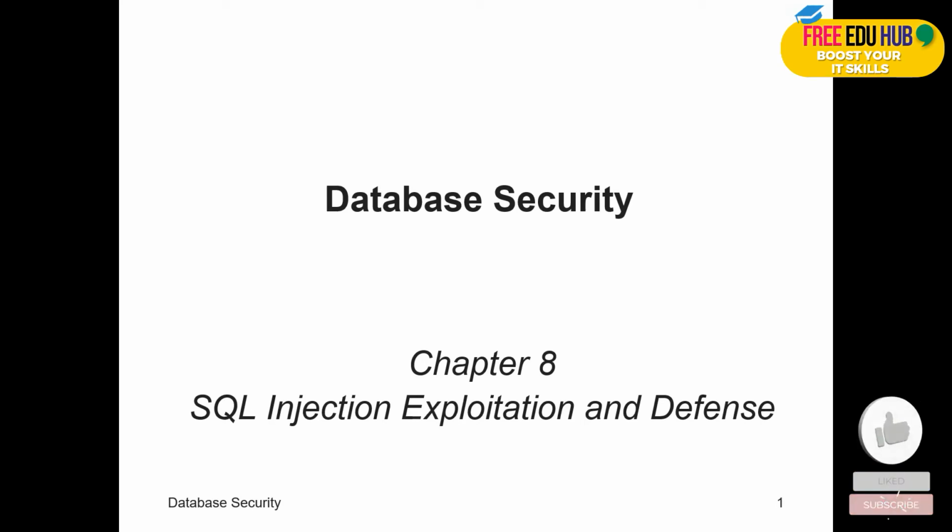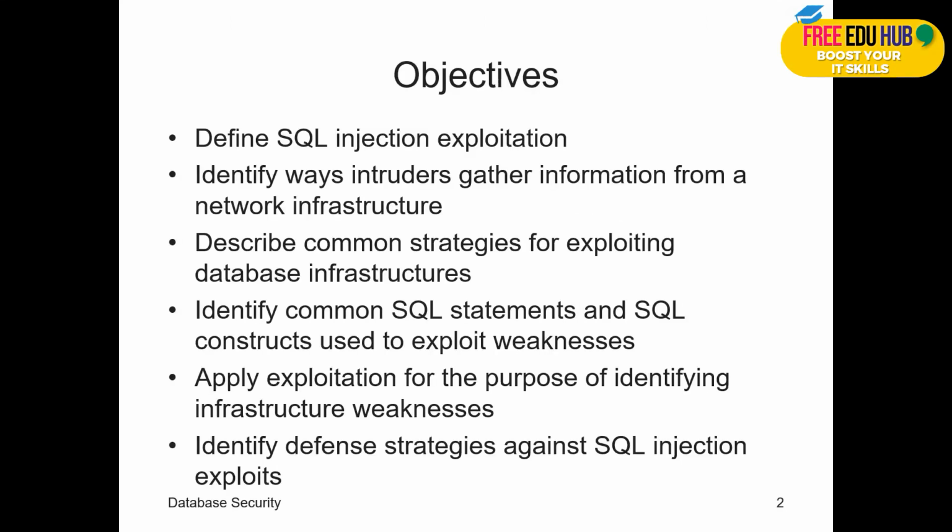CIT 226, Data Integrity and Security, and this is chapter number 8, talking about SQL injection, exploitation, and defense. So the objective of the chapter is to define SQL injection exploitation, identify ways intruders gather the information from the network or the infrastructure, information related to the kind of database being used, and the kind of programming language which is